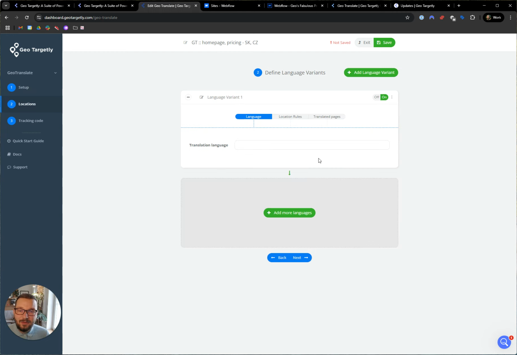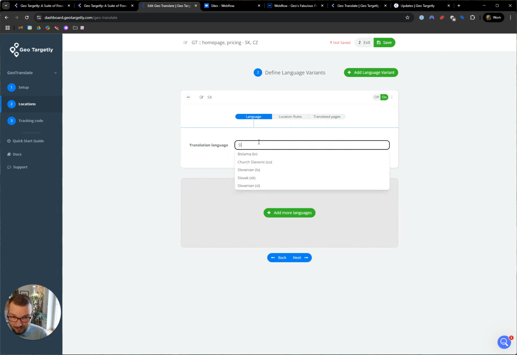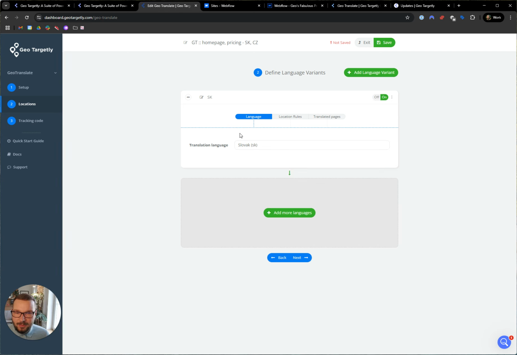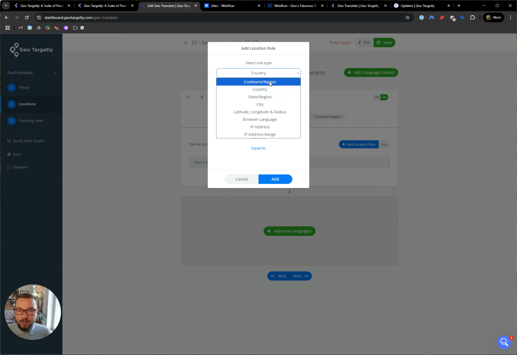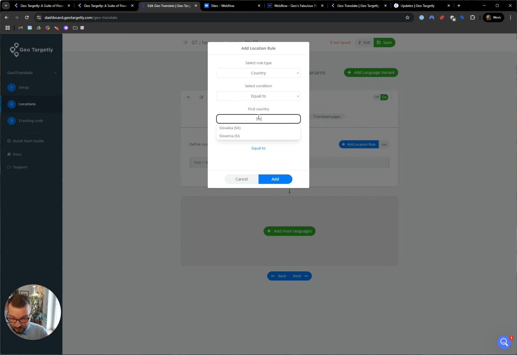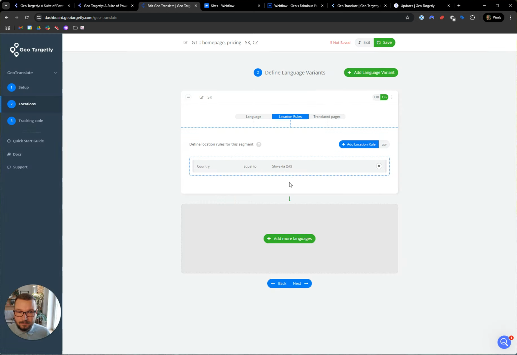In the next step, we define the language variants. The first part will be Slovak. And the language that I want to translate to is Slovak, obviously. So I just typed it over here, and then I need to define the location rules. The location rules dictate for which visitors the translated content should be shown. We do offer various ways to target your audience, but probably the best fitting one for this would be country. So anybody from Slovakia,